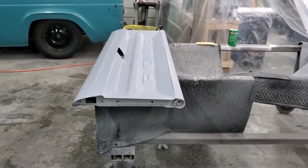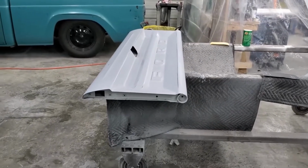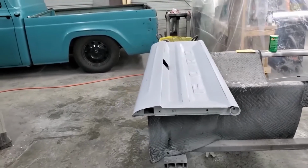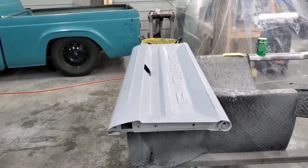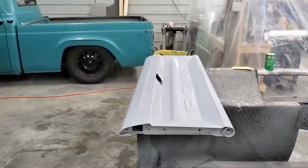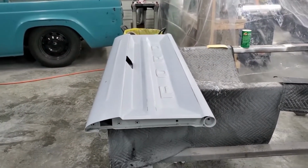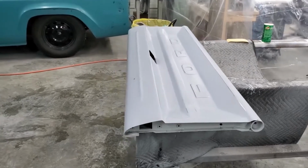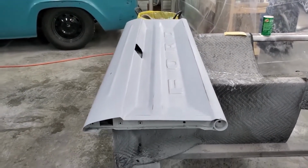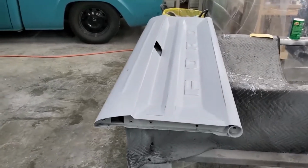There was some body work on this tailgate. It was a new tailgate from Dennis Carpenter. The only body work that was on it was we smoothed all the spot welds. So if you're thinking about getting a Carpenter tailgate, I wouldn't hesitate for the 73 to 79 model. It fit really well. The finish of it is nice, but you're going to have some spot welds to deal with if you don't want to see those. It had them